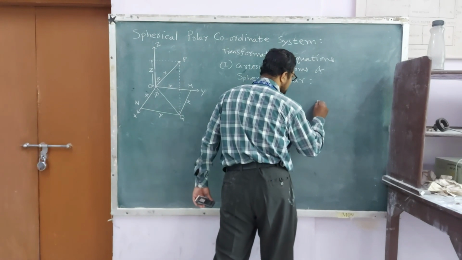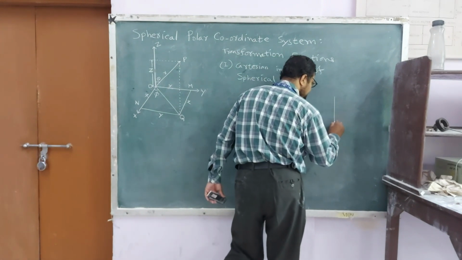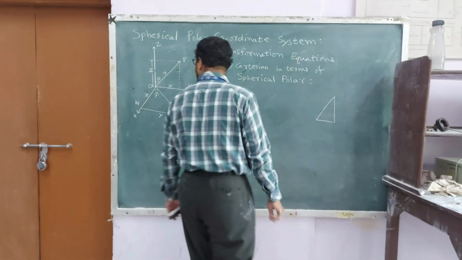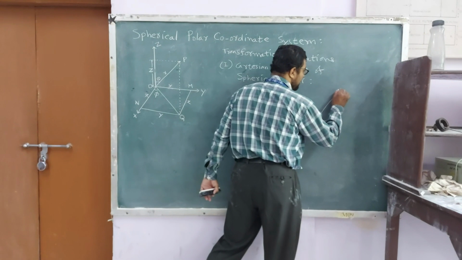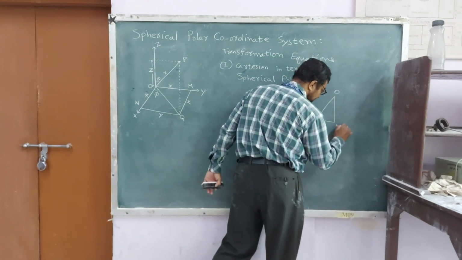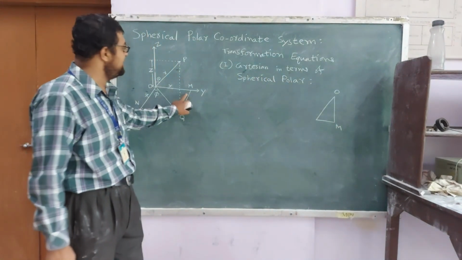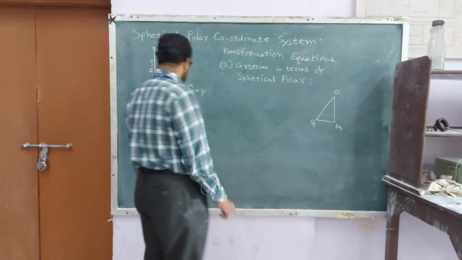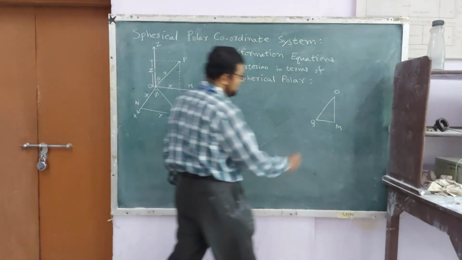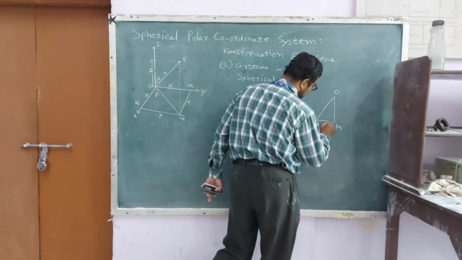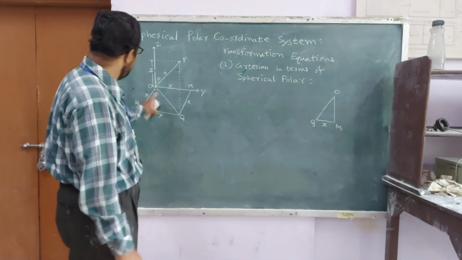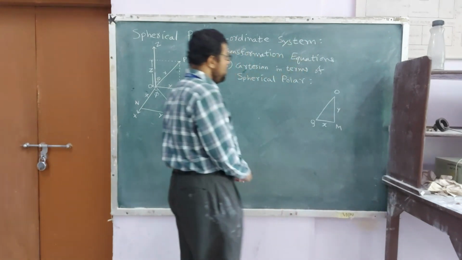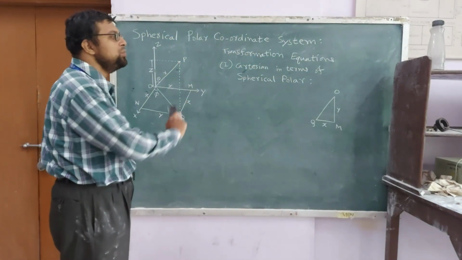This triangle, it will be like this. Okay. So this is our origin O. Then we have M, that is nothing but a 90-degree angle here. And we have Q, another coordinate. Then we know that this QM distance is nothing but X. And this OM distance is nothing but Y. Now again we have to find out what will be OQ.